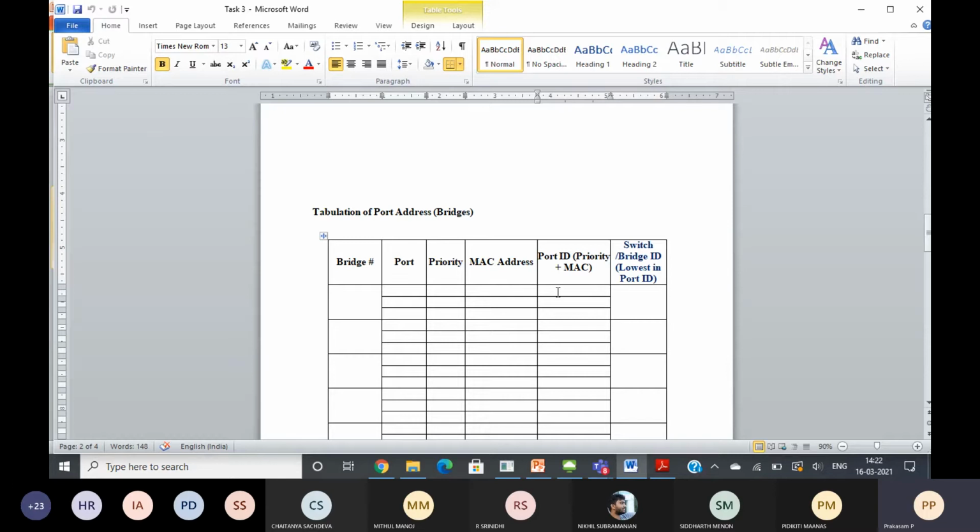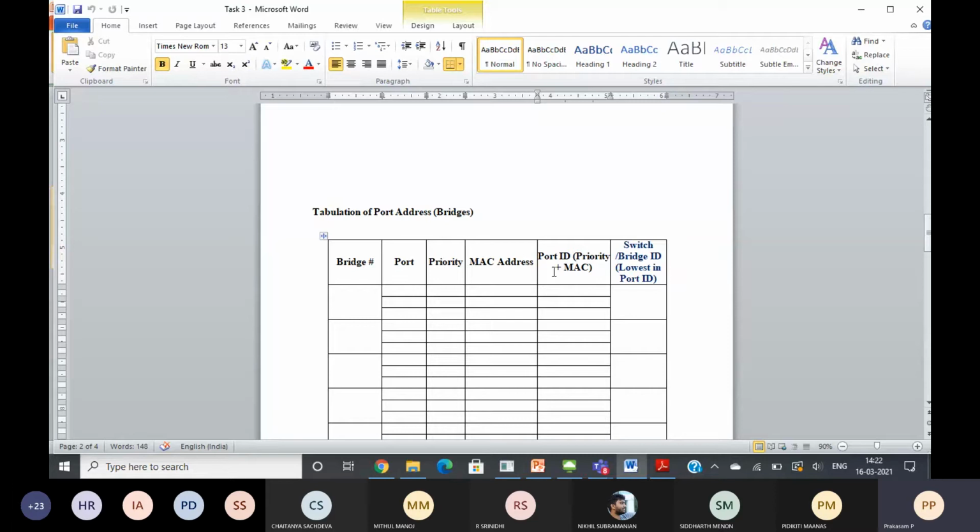Then how will you select the bridge ID? Because depending upon the bridge ID only, it will select the respective root port for each bridge as well as the designated bridge port. So the bridge ID is nothing but the lowest port ID. For example, suppose bridge 1, B1, has 3 ports. The node priority is common to the particular bridge, and the node MAC address.